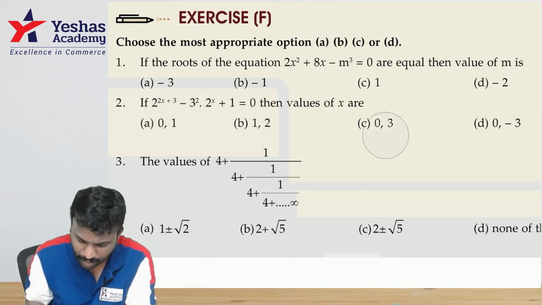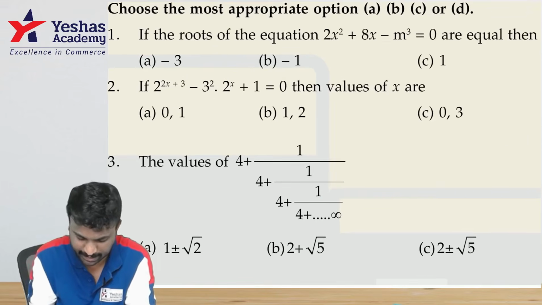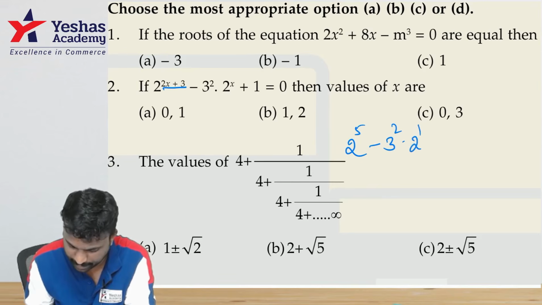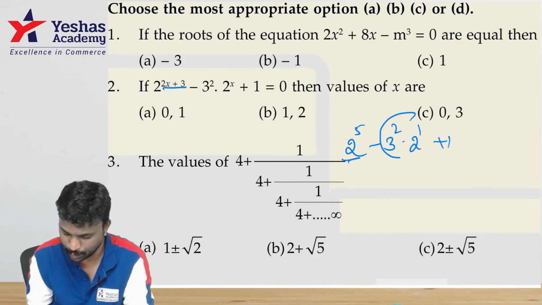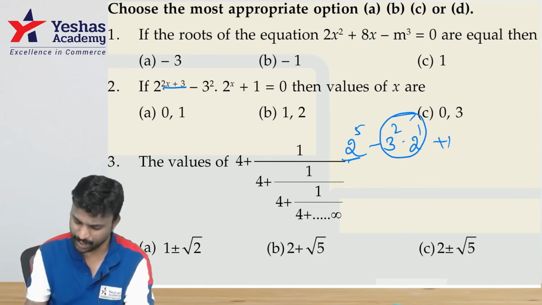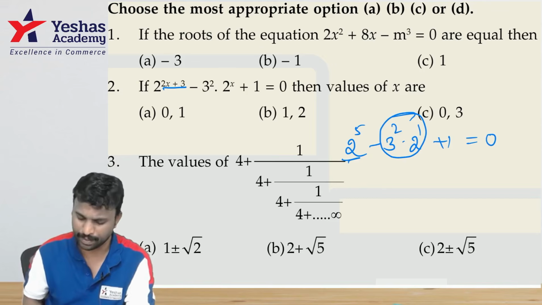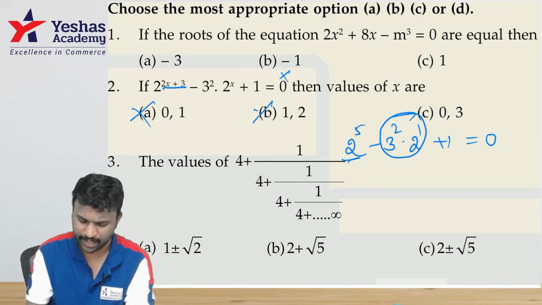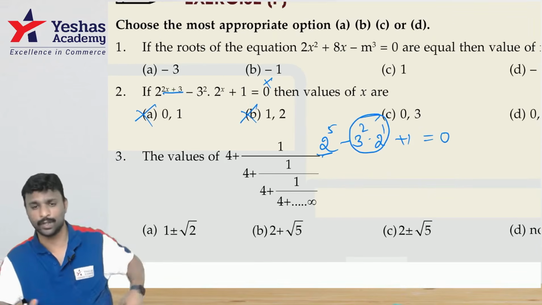Guys, now we'll hit x equal to 1 and check whether it satisfies or not. 2 power 2 plus 3 is 5, minus 3 square into 2 power 1 plus 1. Guys, 2 power 5 is 32, and this is 9 into 2 is 18. Definitely will it be equal to 0, guys? 18 minus 18 plus 1 is minus 17. 32 minus 17 is 15. It's not equal to 0. So 1 doesn't satisfy. Definitely we saw that B is not the correct answer because there is no 0 there,